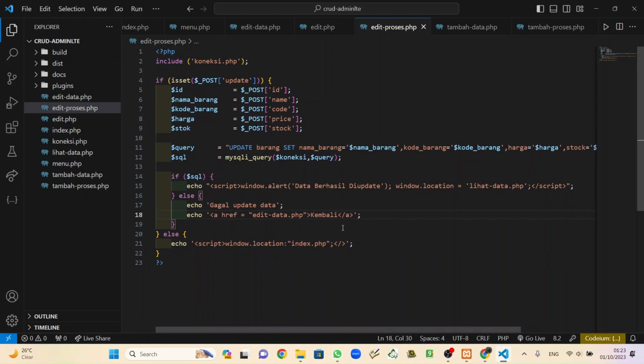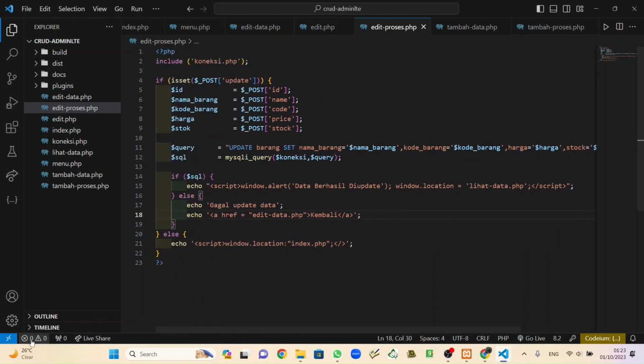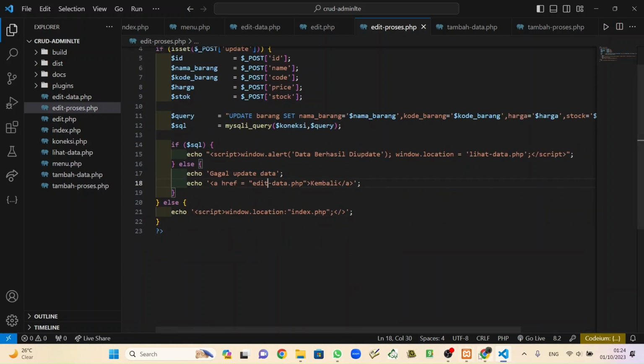Okay, maybe that's enough. There is nothing error here, and that's okay. Window location di data. Okay. Control save and check again.